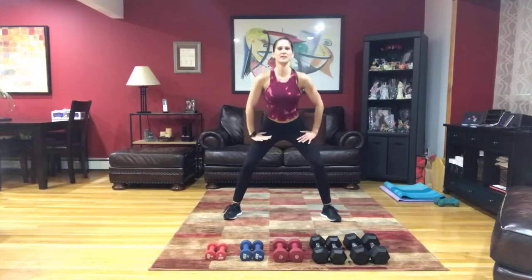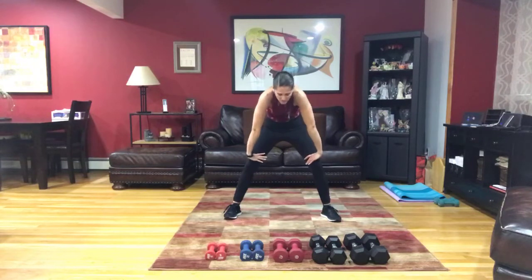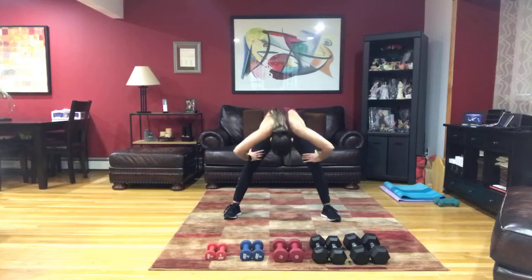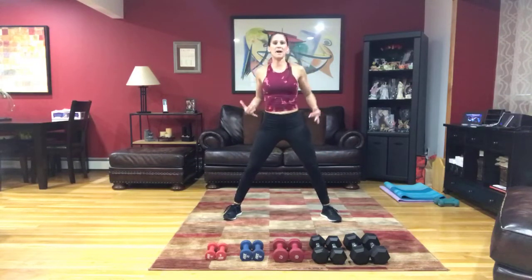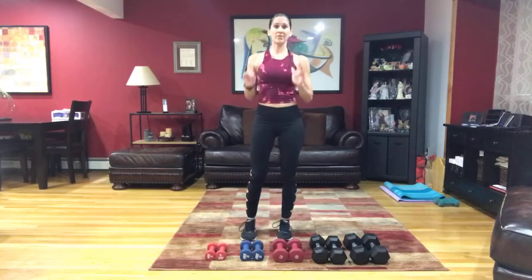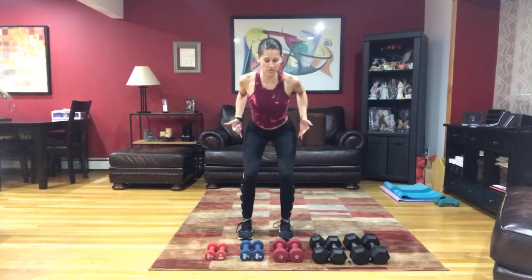Hands on those thighs and hinge forward with a flat back. Hold and roll it up halfway. Stretch that spine. Take that flat back down. Roll it all the way up, allow that head to come up last. Roll the shoulders back. All right, so you're going to grab your light weights for this set of shoulder shrugs